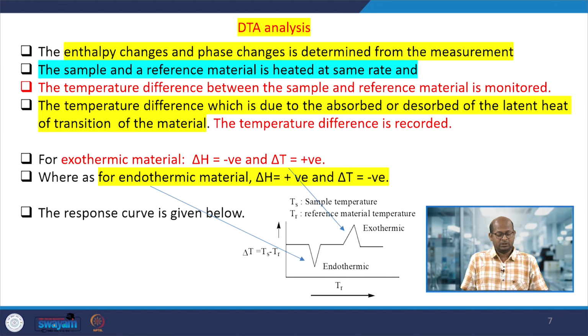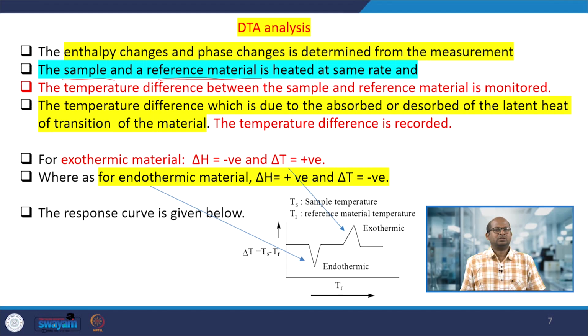Okay, so here is DTA analysis, which is also there along with the TG analysis. So enthalpy change and phase change of the materials can be measured easily. Suppose we have a sample and a reference material, and both are heated up. If there is any temperature difference between the sample and the reference material, we can monitor and record it. Thermocouples are placed in both the pans, and very small temperature changes are detected,